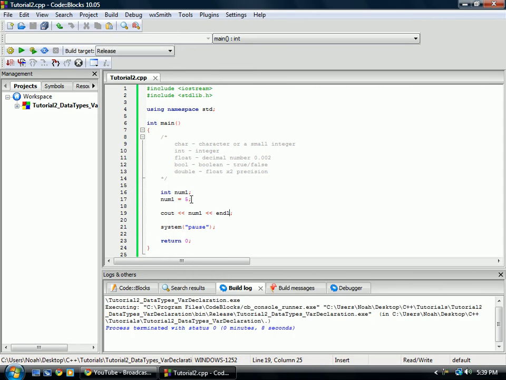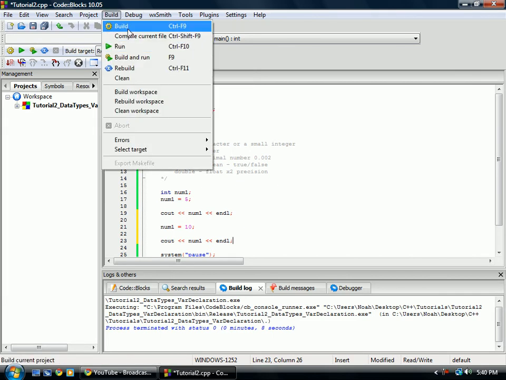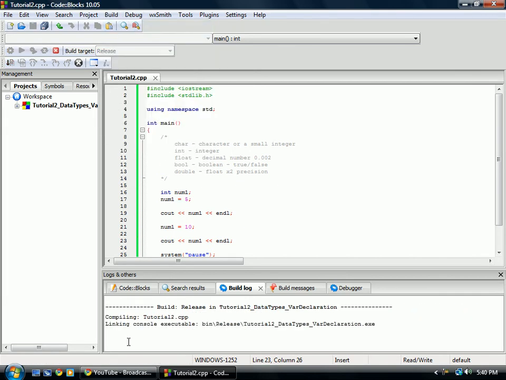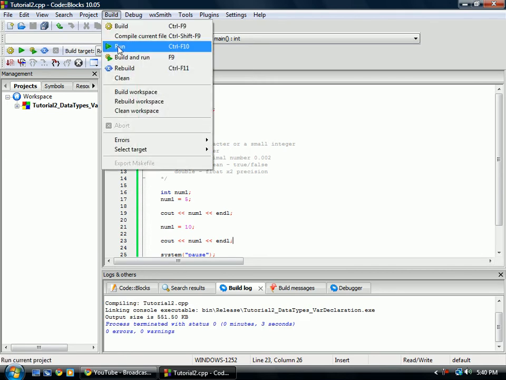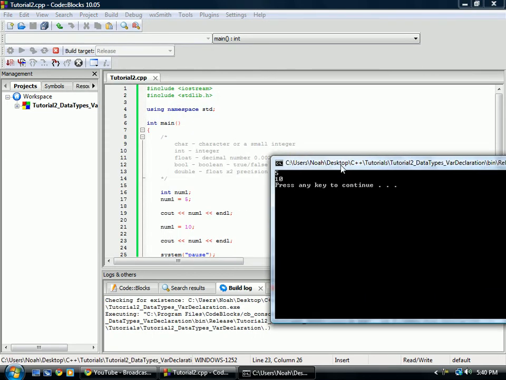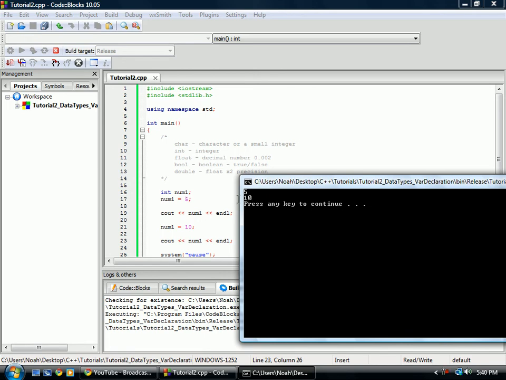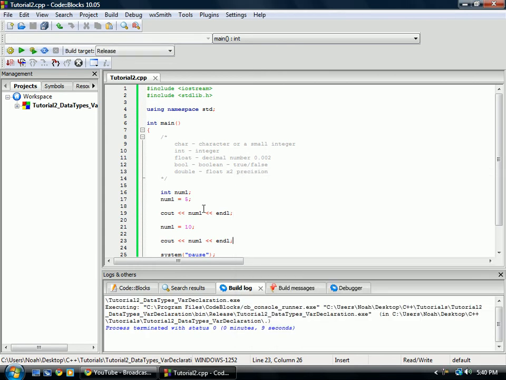If we wanted to change what is printed, we can set it equal to 5, and then after this statement we can do num1 and another equal sign, 10, and that way now it will equal the value of 10. And just to show you that that does work, we can build it and run it, and it will then set num1 equal to 5, print it out, then set num1 equal to 10 and print that out. This is just a standard